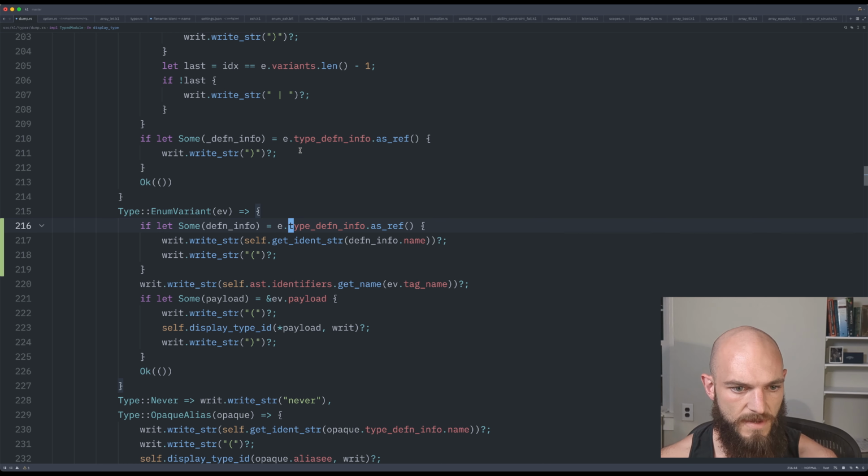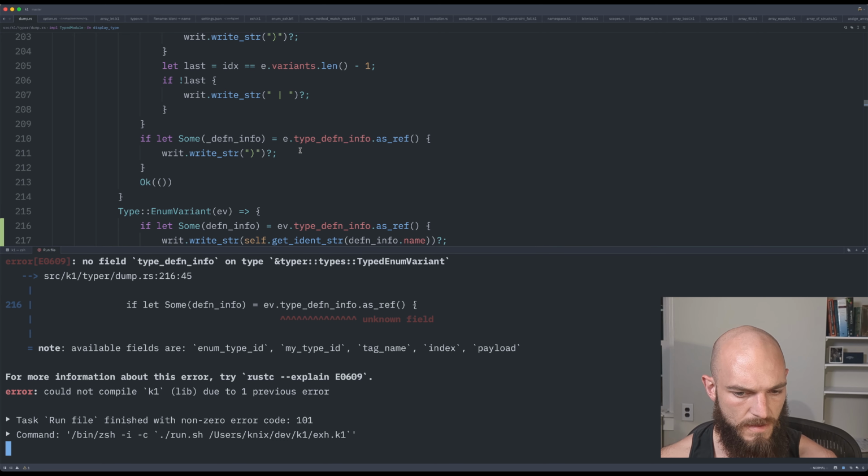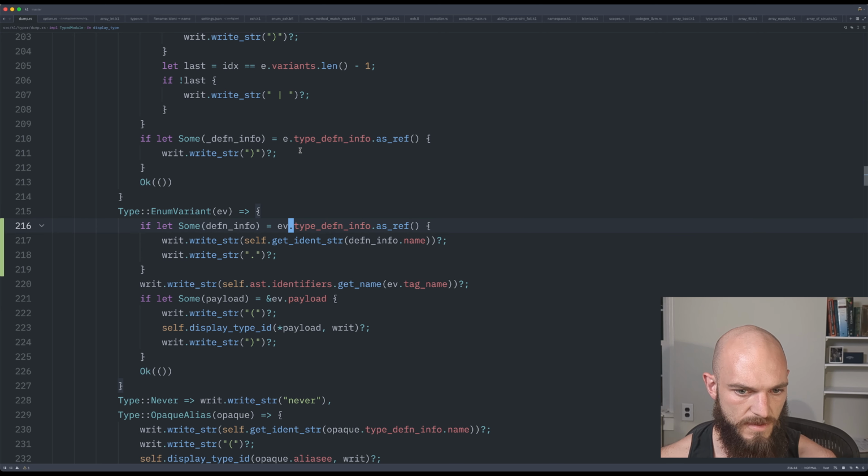So does an enum variant even have def-info? And then it would not be that, but it would be a dot. It does not, but its enum does. So we'll go to